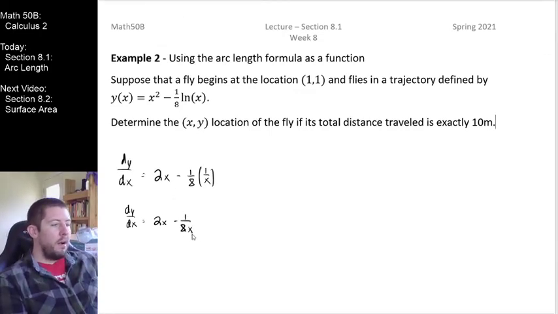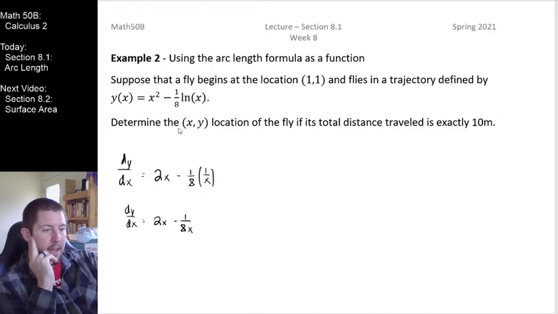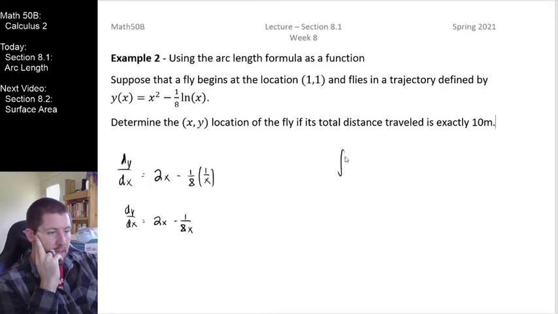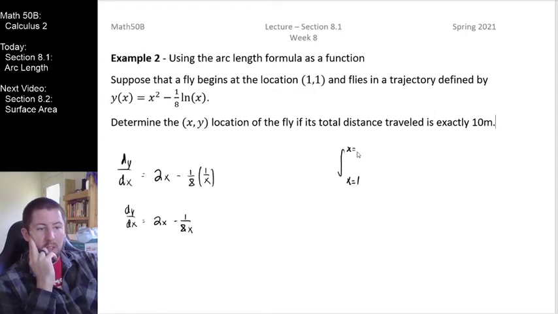All right. So what we're interested in doing here is building my integral of interest. I do know that my x location is starting at 1. So I'm going to say x equals 1 up to x equals, and the whole point is we don't know what x bound is going to get us to an output of 10 meters. I'm going to call this unknown x value x star. So x star is what we're trying to solve for here. Our arc length formula says 1 plus dy dx squared